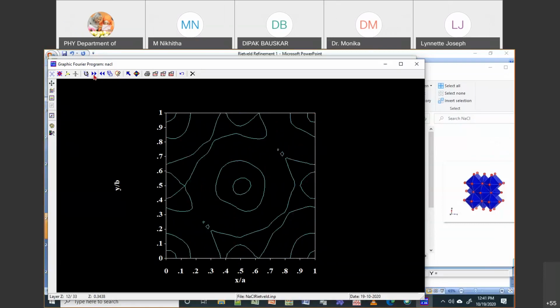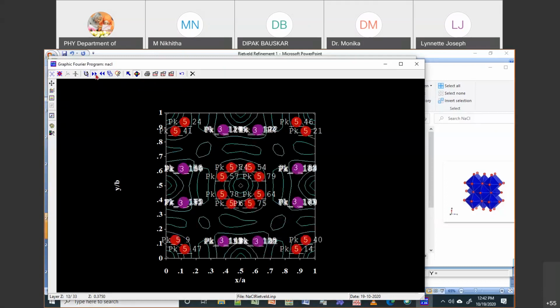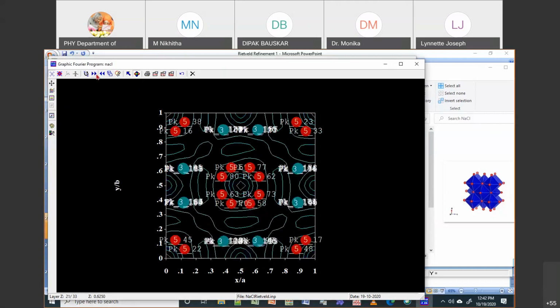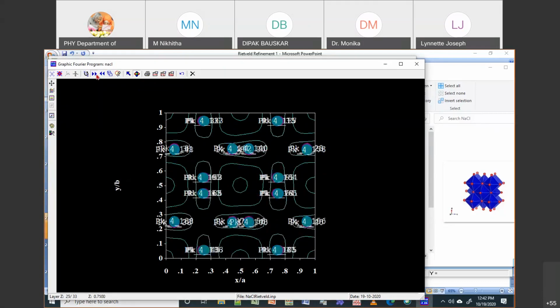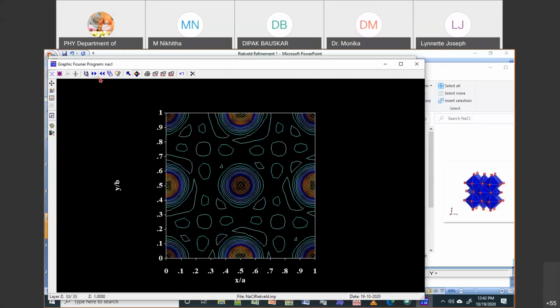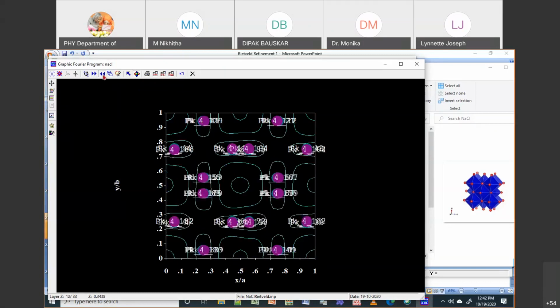Okay, and if you want to see the atoms, there is something called activate the atoms representation. If I click this, it will ask, yes, I want to activate. So it is showing some values here. Okay, so if I change this, you can see this is your chlorine atom, and similarly you should see some sodium atom somewhere. Okay, so this is how you can actually generate your Fourier maps for your sample.